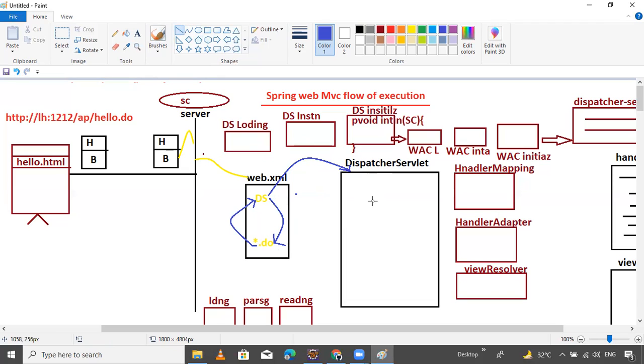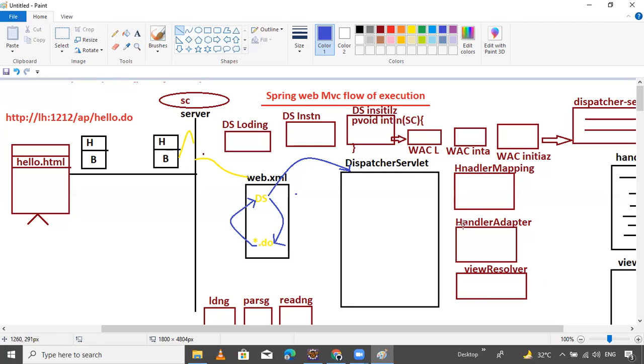Okay, guys. So now the dispatcher servlet will keep all framework objects like handler mapping, handler adapter, and all these things.